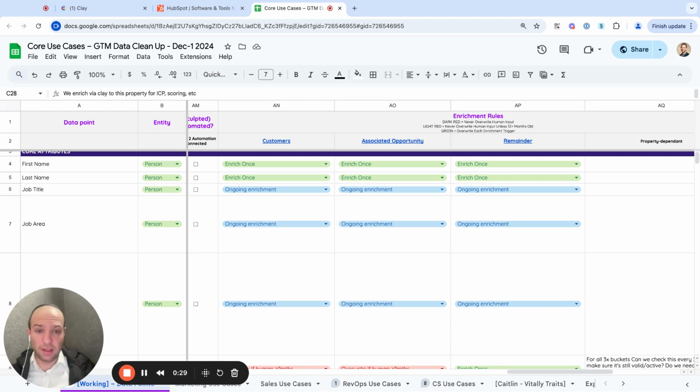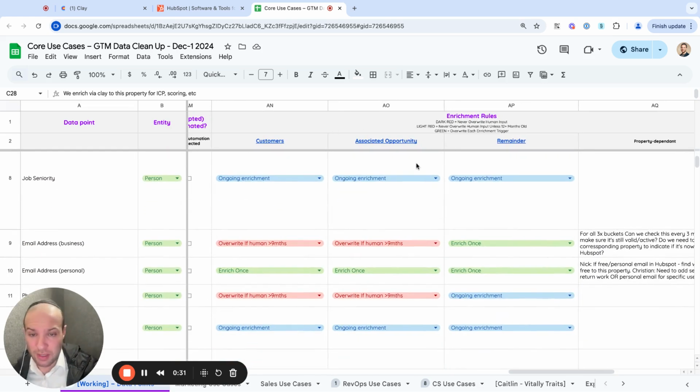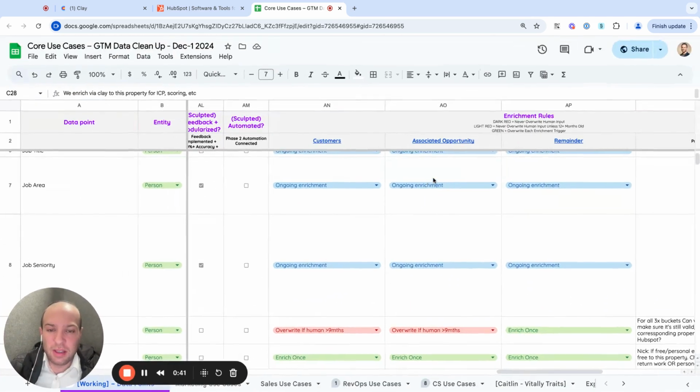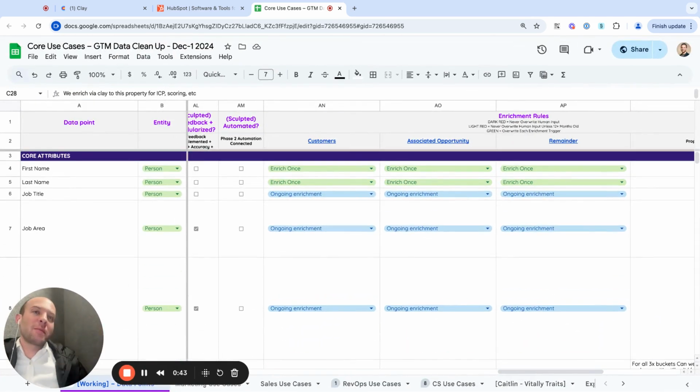First, we scoped it out and designed this rules engine in a Google Sheet. Now our product, Sculpted, our custom integration with Clay and HubSpot, has a rules engine like this built in, but it gets pretty granular. And I want to speak out the situation here. So let me just back up from the Google Sheet for a second and sort of speak out the